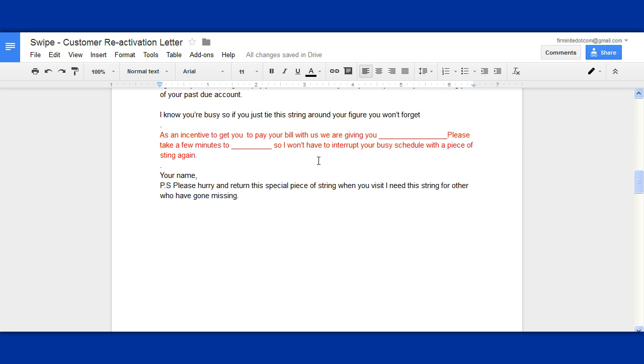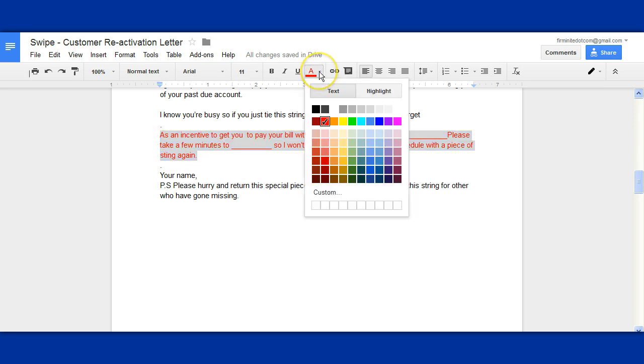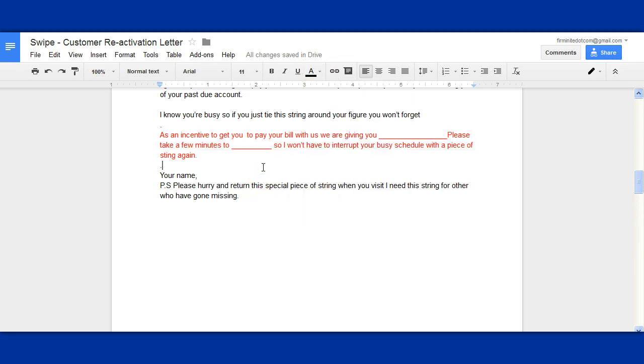So as you can see here, when you send out the letter, don't keep this in red. The red is just to signify that this is a place that you're going to edit. So if you want to change it back, you put your cursor here, highlight it, and then you'll grab up here, and then you can change it back to black. I'm going to leave it red because I just wanted to show you how to do it. Okay, so as an